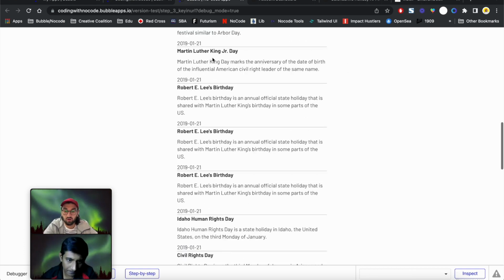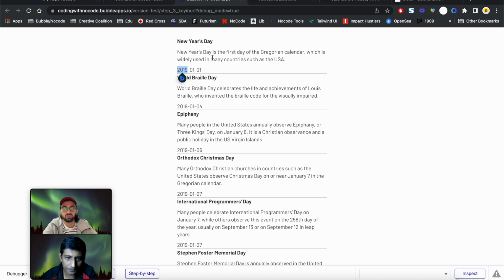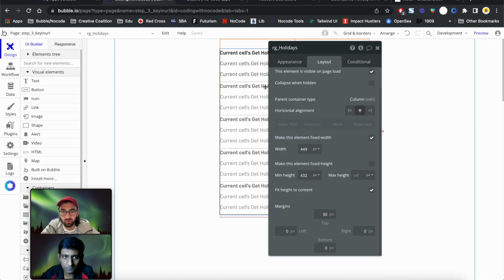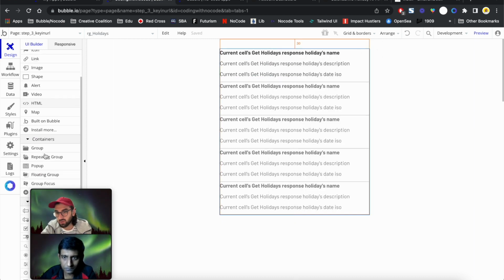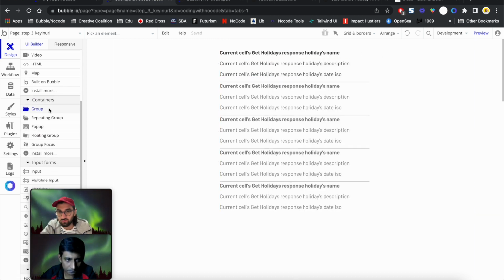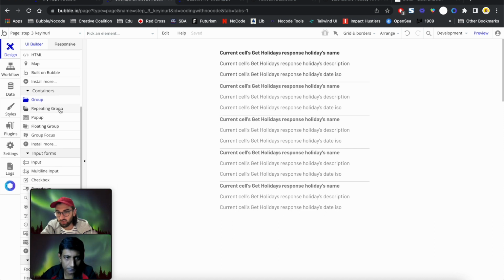So the good part of this video is that we've already demonstrated how the private key in the URL works. But just to make it clear for someone who has not watched step 2 of passing parameters, I'm going to create the filter to pass the dynamic parameters to the API. So what I'm going to do is I'm going to create the